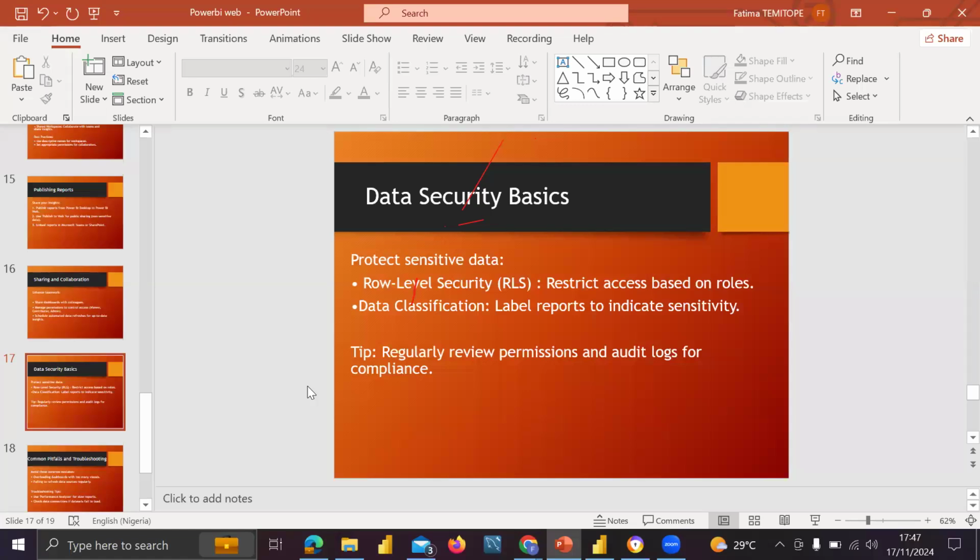So if you're an admin, just ensure that you do this for compliance, so that you're not giving the person that is meant to have a viewer role an admin role. Just to be on the safe side, make sure you're always reviewing the permissions that you give people.